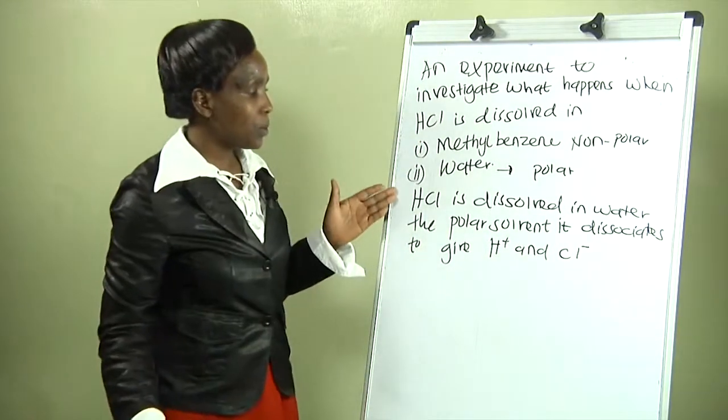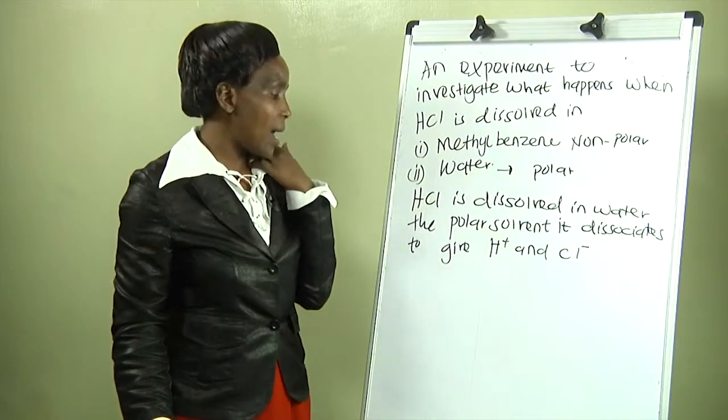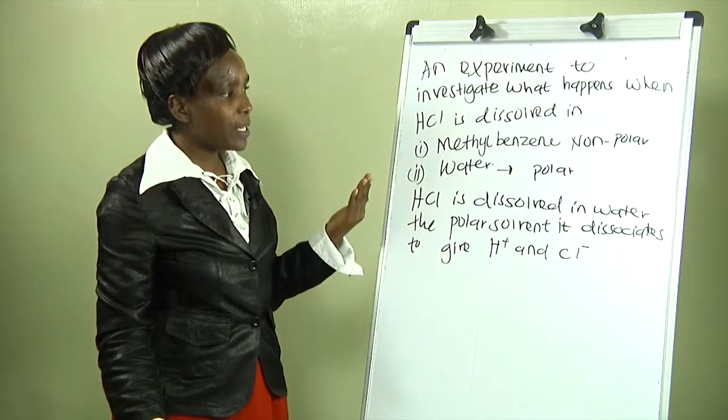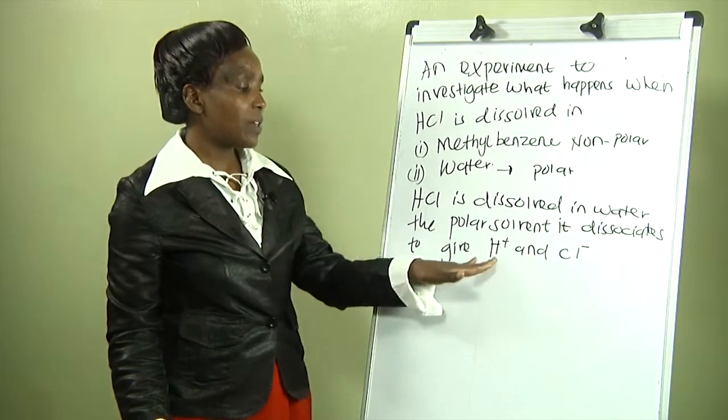The reason is because water is polar. Therefore, the HCl is going to dissociate in the water. Water is our solvent and it is polar, and therefore it is going to dissociate to give the hydrogen ions